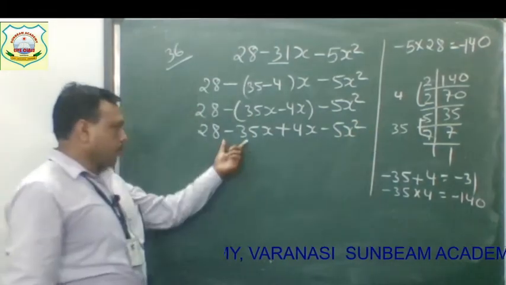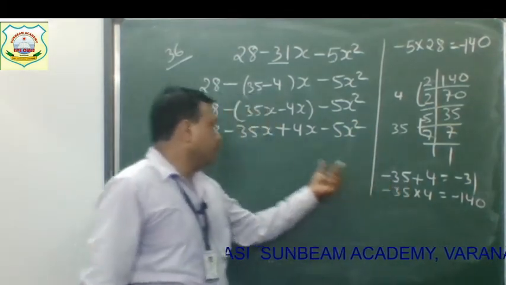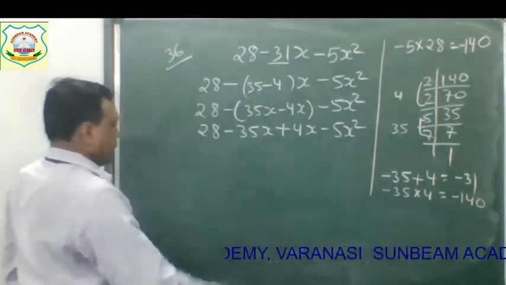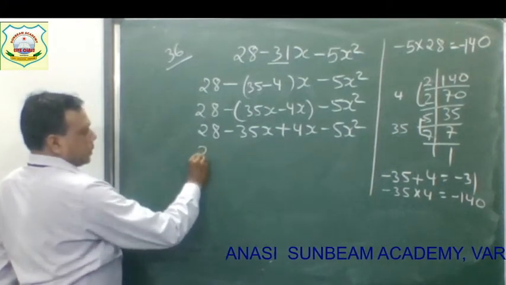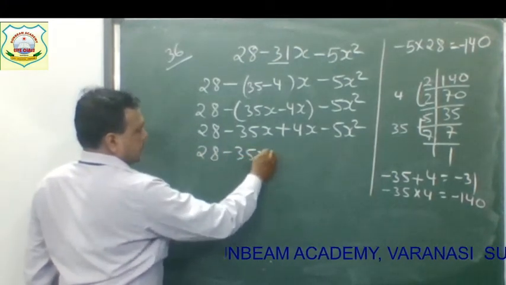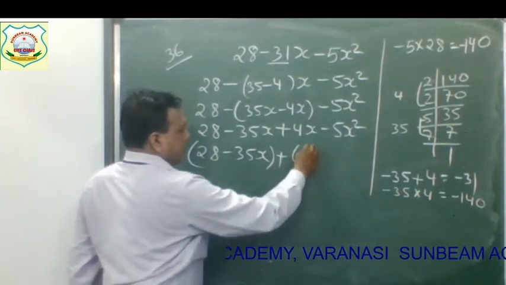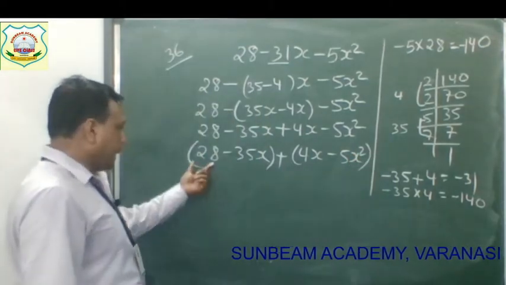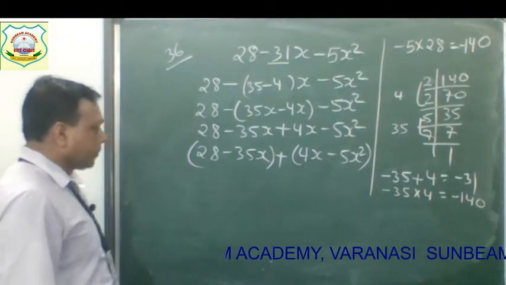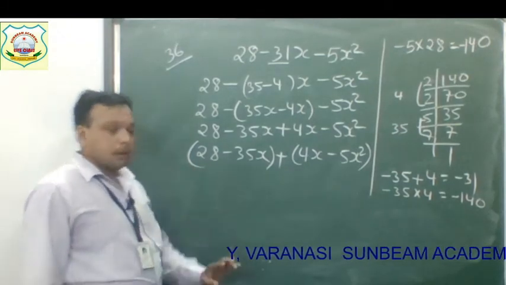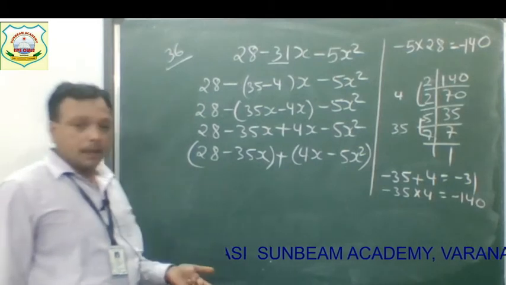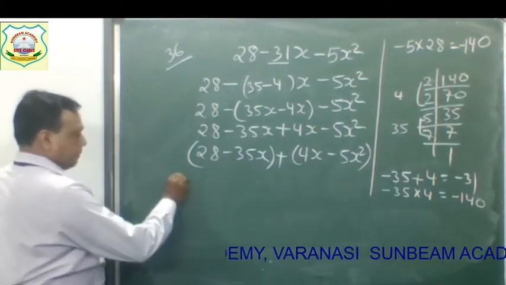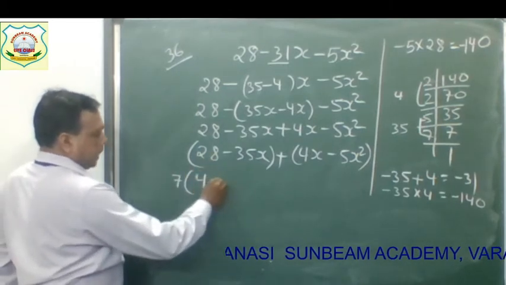Students, now you can see here minus 35 plus 4 and plus 4, then you will get minus 31. Clear? Now making the group: 28 minus 35x is in one group, plus 4x minus 5x square is the second group. In 28 minus 35, what should be common here? Because we can see 28 and 35 are not divisible with each other, so any number we will take. So what should we take? 7 4 ja 28, 7 5 ja 35. So we will take the 7 4 ja minus 7 5 ja,